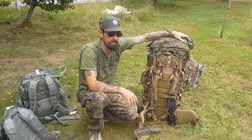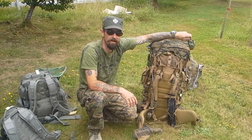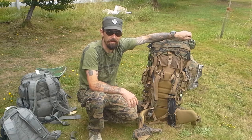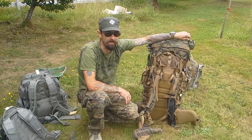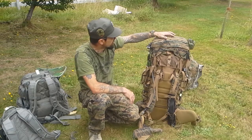I've owned, just recently, not too long ago, got rid of my Mountain Hardwear BMG 105. It was a mountaineering pack. Didn't like the way it carried. Padding on the hip belt and the shoulder straps was real thin. It was very uncomfortable, so I got rid of that. And for my main mountaineering pack now, I have a Seek Outside pack. So,